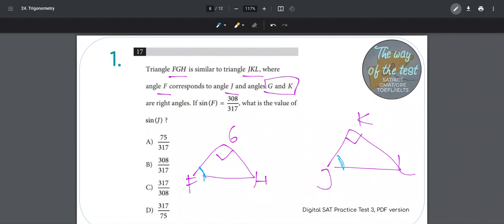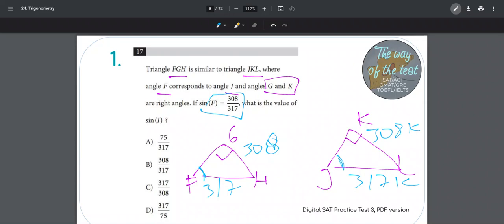And they tell me sine of F is 308 over 317. So that means the opposite is 308 and the hypotenuse is 317. And they ask me for sine of J. Here's the thing. Since they are similar but not congruent, it doesn't necessarily mean that this is going to be 308 and this is going to be 317, but they're going to be proportional, which means this is going to be 308K and this is going to be 317K or N,